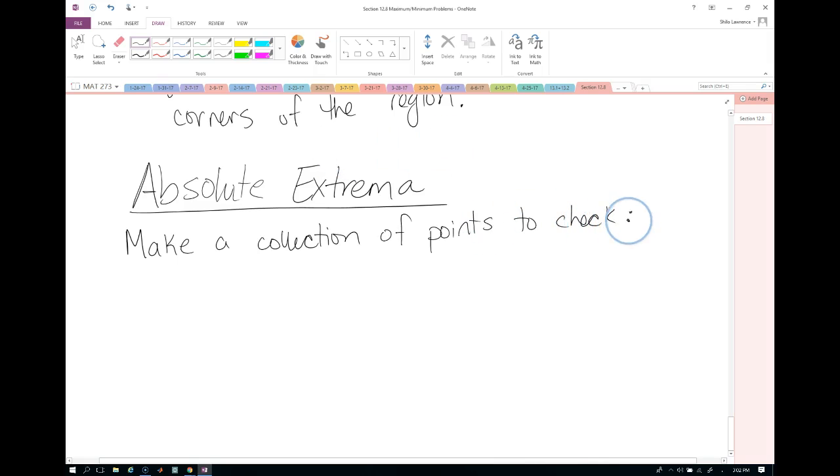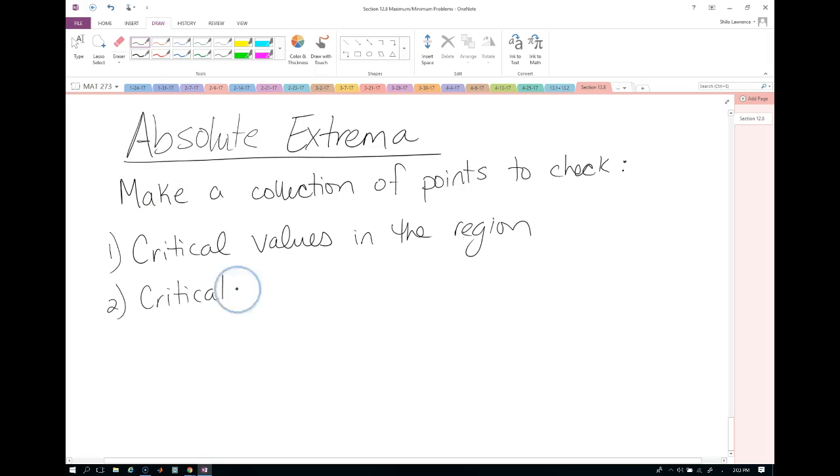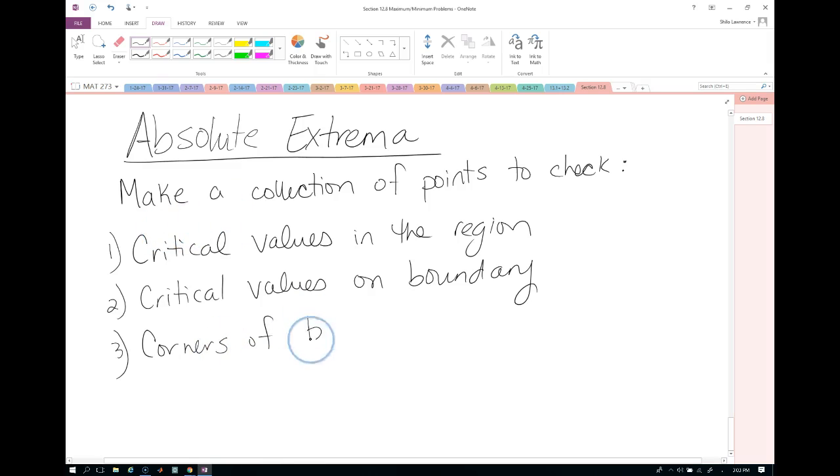And this collection of points we are going to get from three different places. The first thing that we need to find are critical values in the region. We also need to find critical values on the boundary. And then we're also going to check the corners of the boundary. So as we find all these, we're going to have a running list of points that